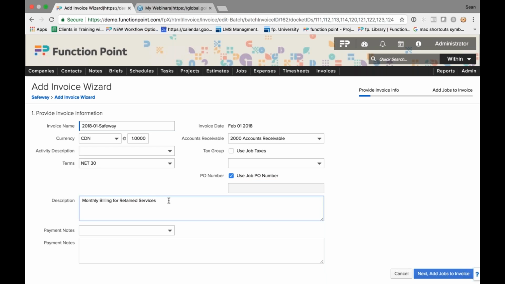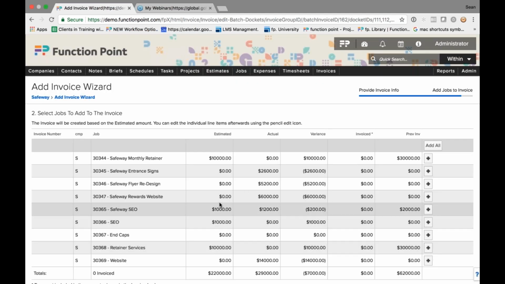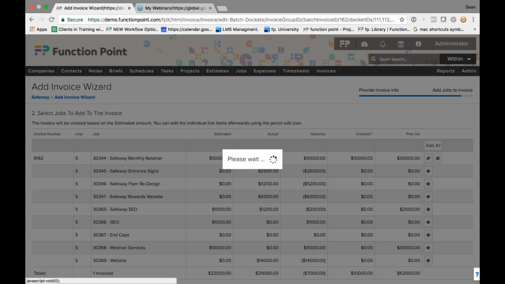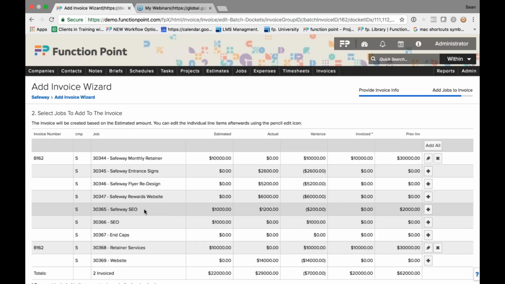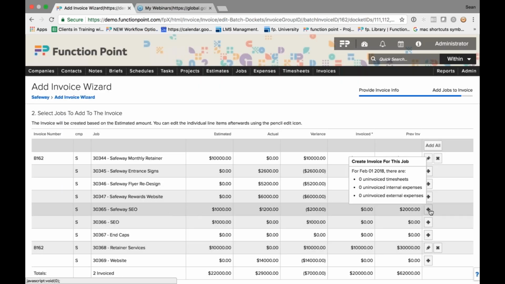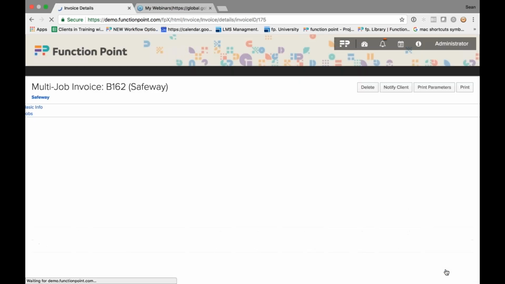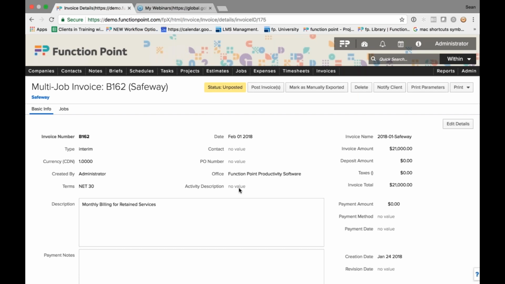Okay, so I've got a very simple description in here, monthly billing for retained services. And then I'm going to choose to add certain jobs to this piece. So in this case, I'm going to choose my retainer. And I've got another retainer services piece here. And my SEO job. Okay, so once I've chosen which ones I want to include,